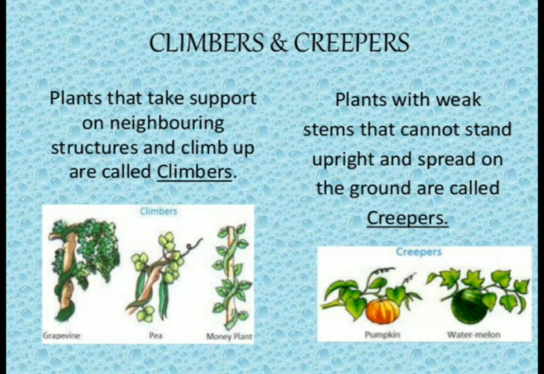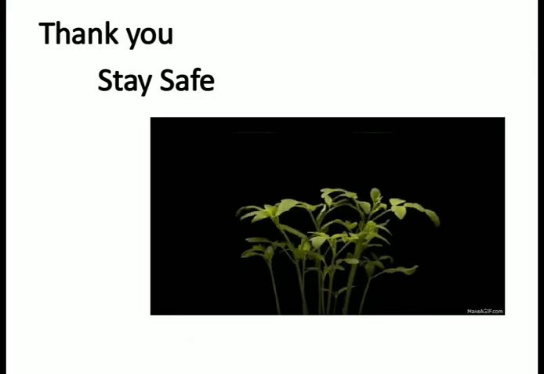Some stems may be modified to form tendrils, where they wind themselves around a support and keep on rising above the level of the ground. So these are the aerial modifications of the stem. So we have discussed all the modifications of the stem, the structure of the stem and the various functions which the stem can perform. So my dear student, that's all for this topic today.